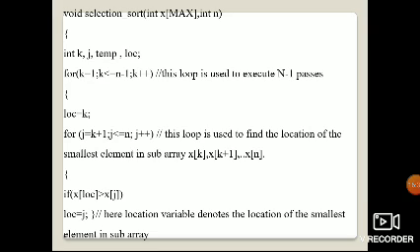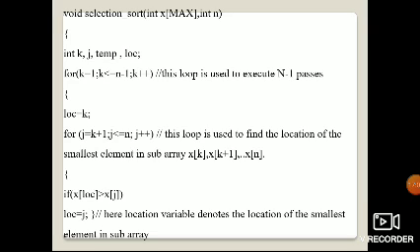For j equals k plus 1, j less than or equals to n, j plus plus. This loop is used to find the location of the smallest element in the subarray. So to find the smallest element of the subarray, I am using this loop to find the location.